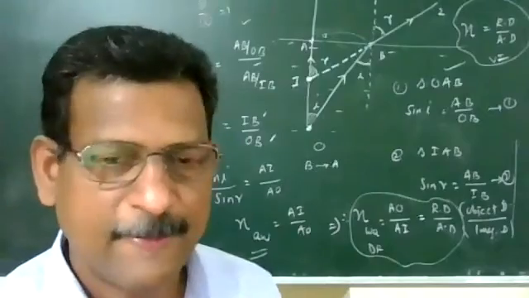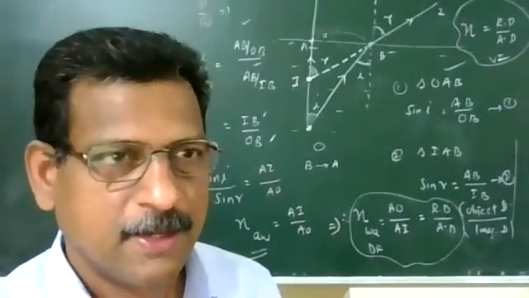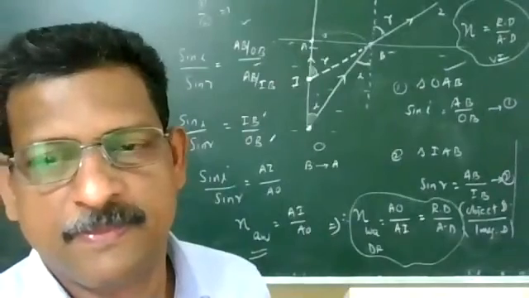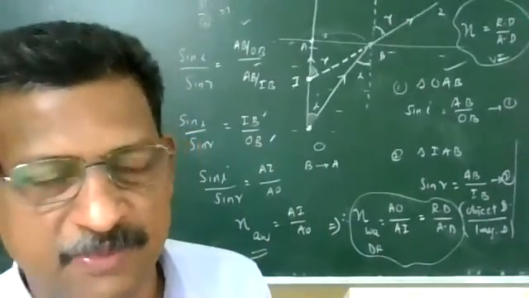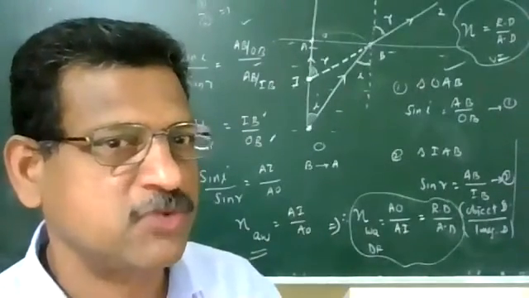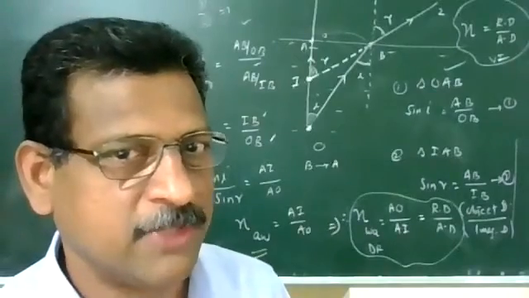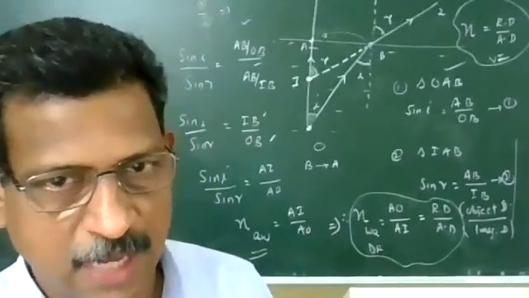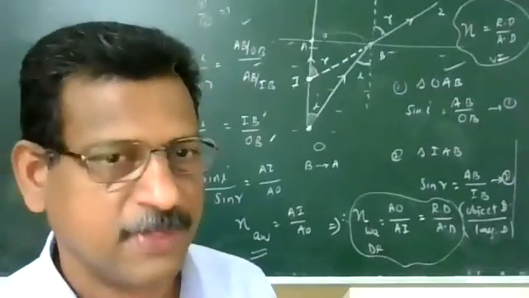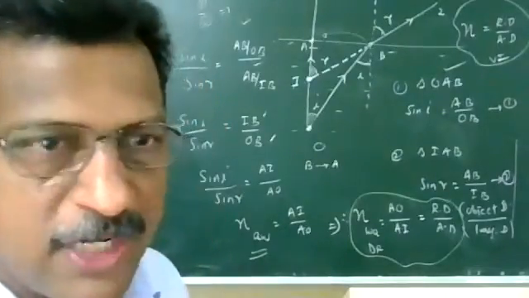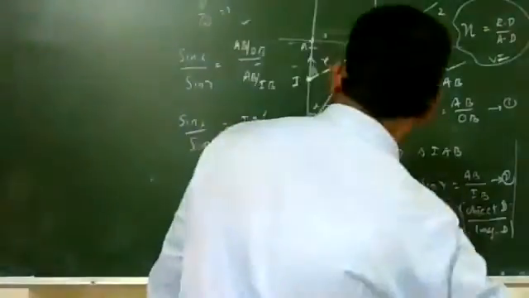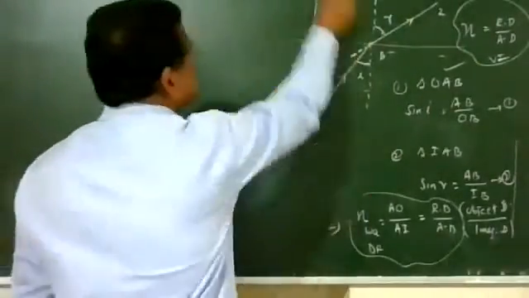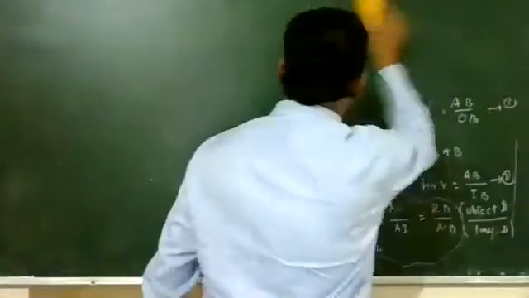Next, I am giving another example. Suppose the object is in the rarer medium and we are observing from the denser medium. Then which distance will be greater and how will that be related? There will be an object distance, an image distance, and the refractive index of the medium. That is the second case I am going to explain. The first one is important for numericals.